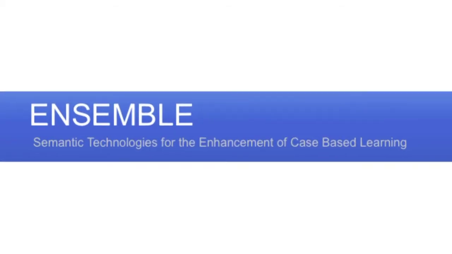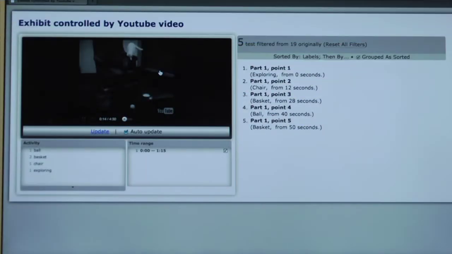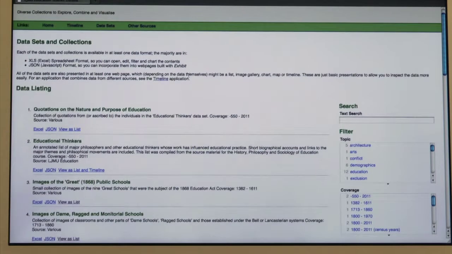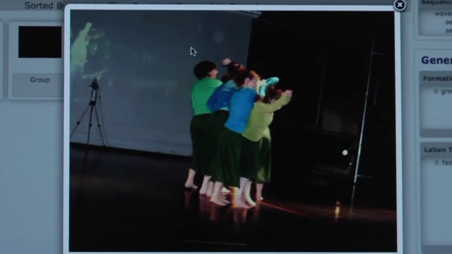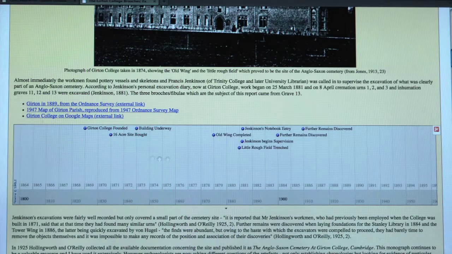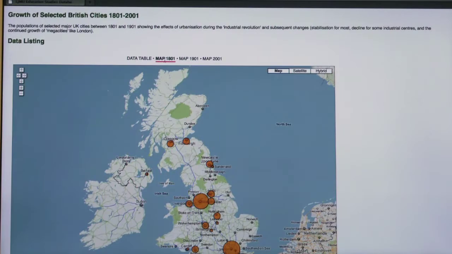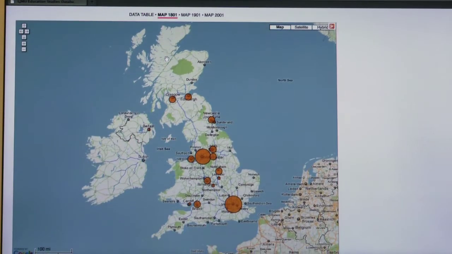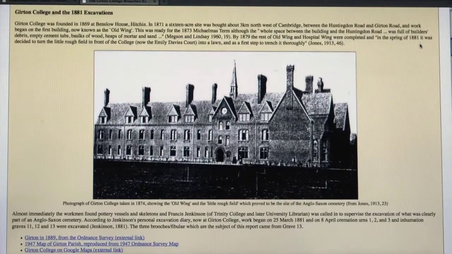The Ensemble project made and adapted tools for a range of higher education courses, including education studies, contemporary dance and geoscience. Each semantic web application contained a visualization tool and the capability to tag new data. Education studies is a very good example because it's an intrinsically interdisciplinary subject. So we teach about the 1870 Education Act using examples of real documents from the time, and then we can also look at things like the architecture of the board schools which were built shortly after the Education Act in 1870